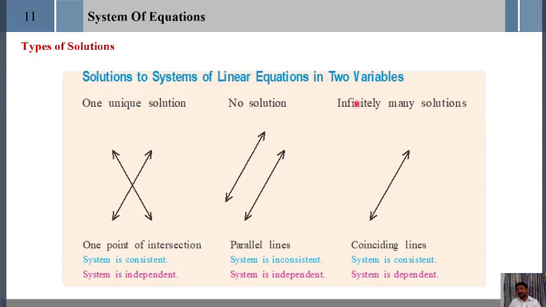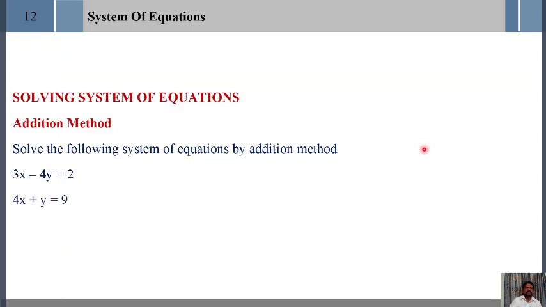And infinitely many solutions, a straight line can produce infinitely many solutions. Here we can see coinciding lines, the system is consistent and the system is dependent. And next we shall see solving systems of